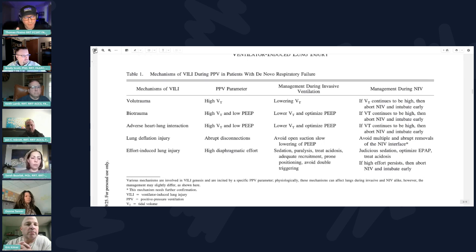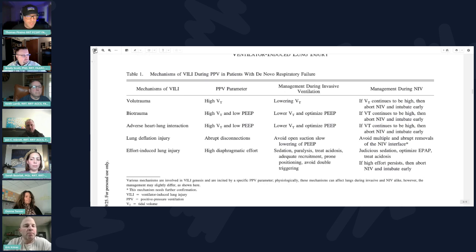We switched to pressure control, and the tidal volume was well over 12 mL per kilo of predicted body weight. We reduced the pressure control level down to 6 centimeters of water, and the tidal volume was still 10 mL per kilo of predicted body weight. The patient was on a PEEP of 12 and 60% FiO2, and the P0.1 was like 6 or 9. Even though they're on very low pressure control, they have a huge drive. They've had this huge drive for a few days, and we just cannot settle them.